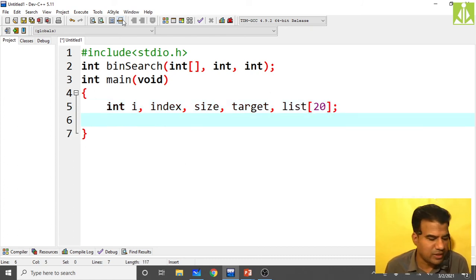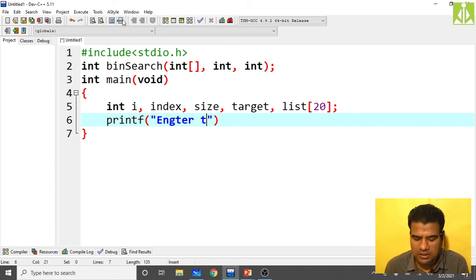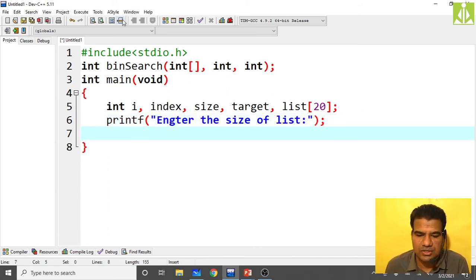First you read the size of the list. printf "enter the size of list", I mean how many elements you want in your binary search, so that you read using scanf %d, &size.